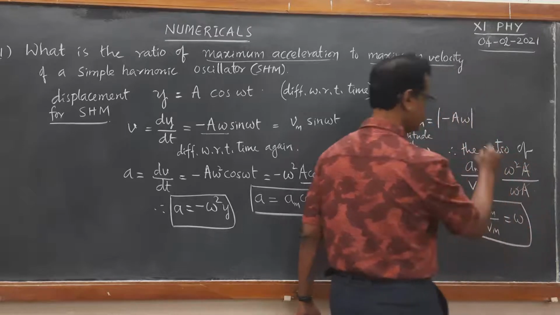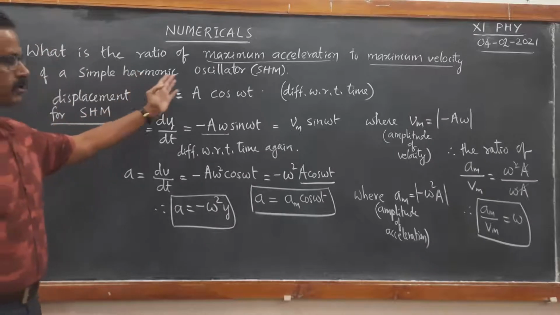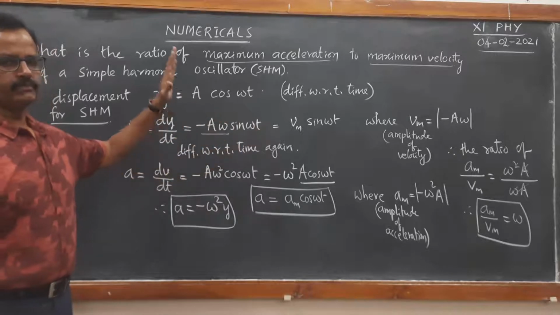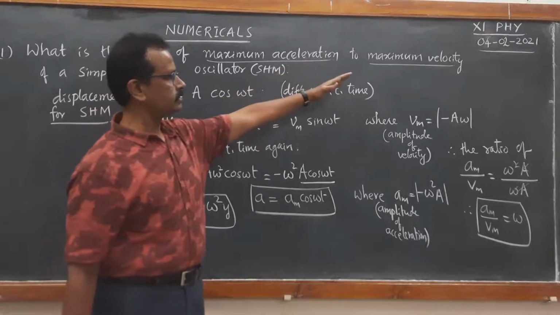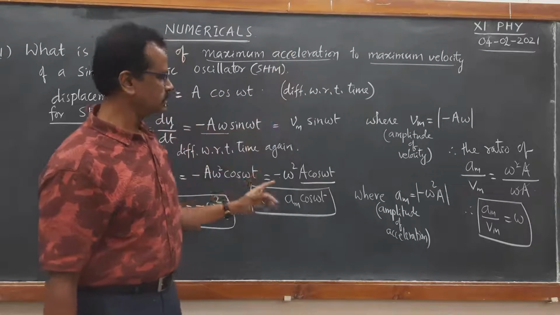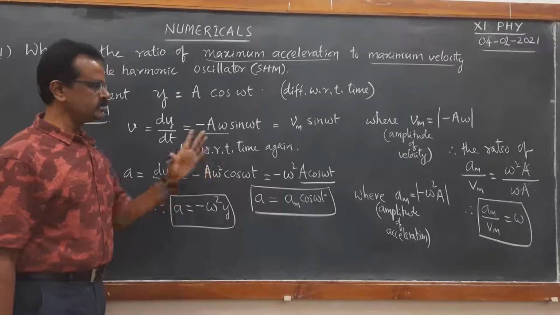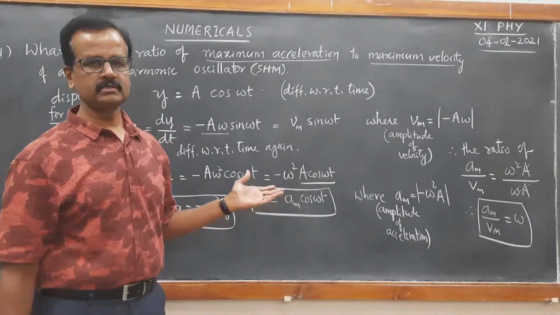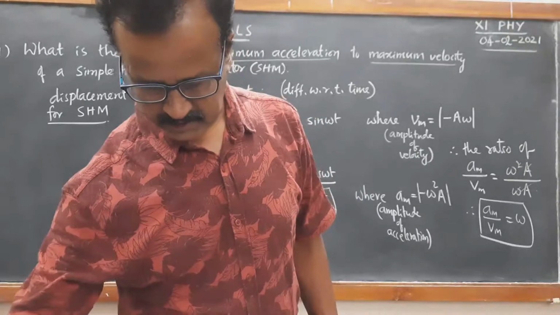This is asked for 2 marks. You can remember, whenever a body is in simple harmonic motion, the ratio of peak acceleration to peak velocity, or the ratio of amplitude of acceleration to amplitude of velocity, or maximum acceleration to maximum velocity, is omega square A divided by omega A, definitely omega. This is a simple and frequently asked question for 2 marks. Okay. Now let us see one more numerical problem of a similar kind.